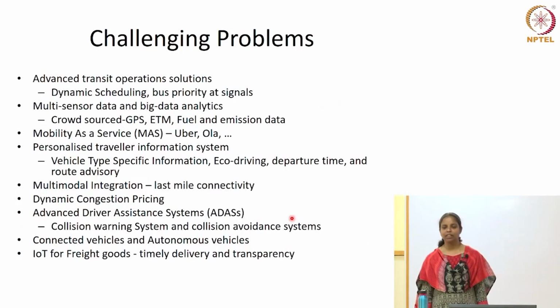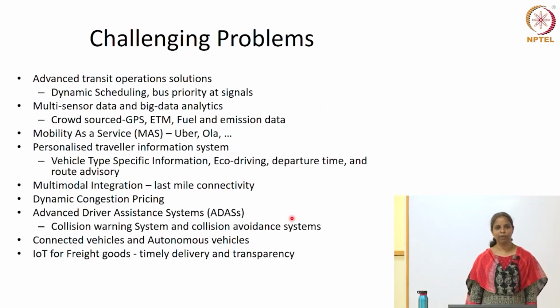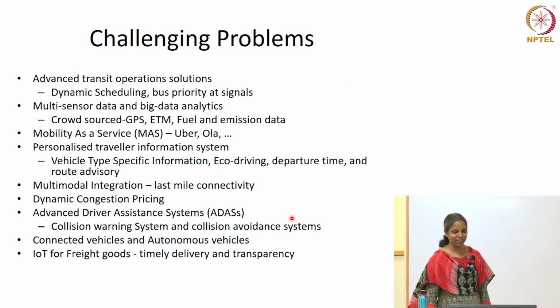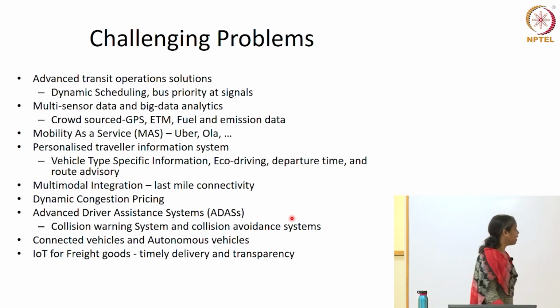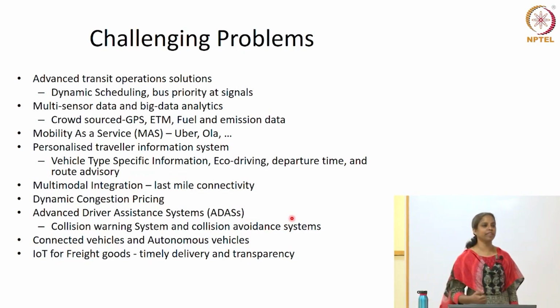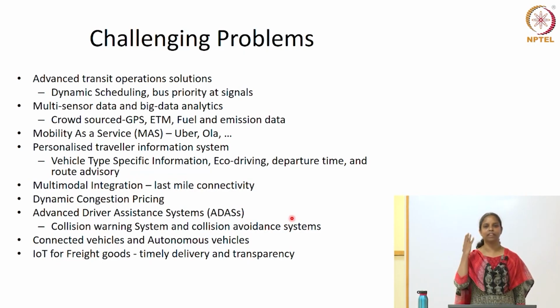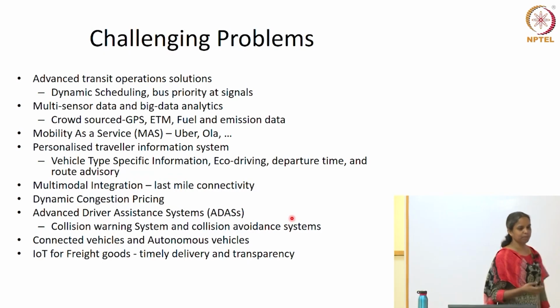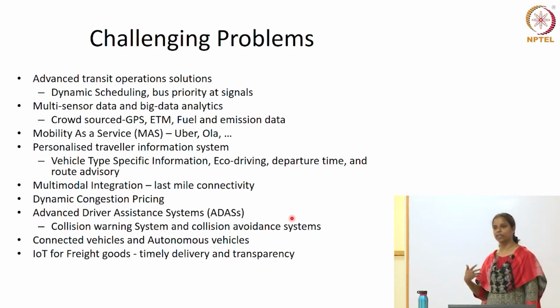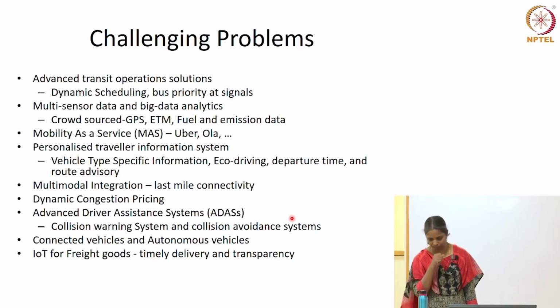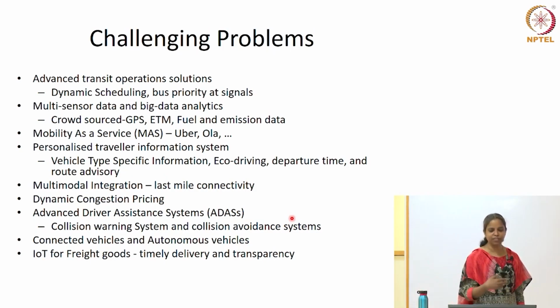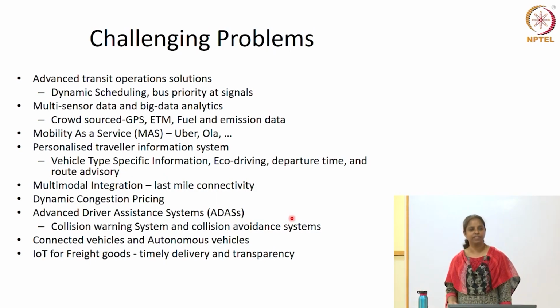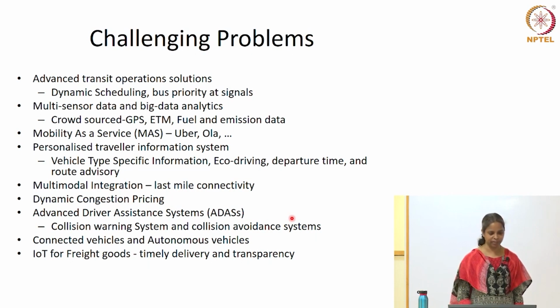And I will stop with some of the challenging open problems which, if you get interested, you can work on. For example, dynamic scheduling. No city is doing that. They all have a fixed schedule, saying every 20 minutes one bus has to leave, or every 30 minutes one bus has to. That doesn't make sense. At peak hour you may need more, at off-peak hours you don't need them. So how do you handle this in a dynamic way? Depending on the actual traffic situation, how will you schedule? Each of these problems, as I have listed, is an interesting open problem which can be worked on.